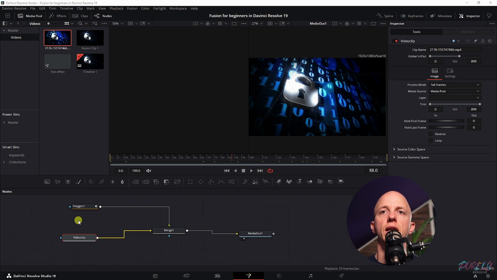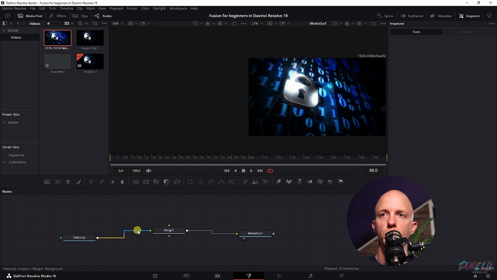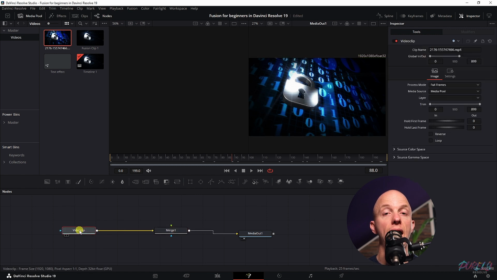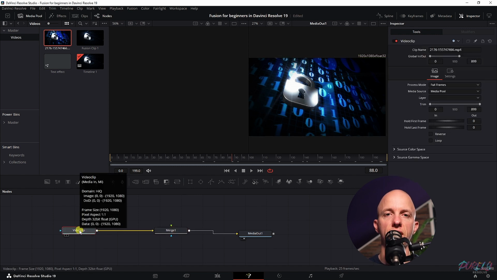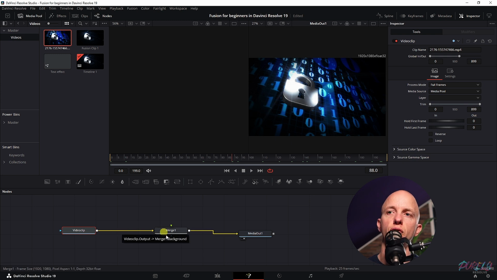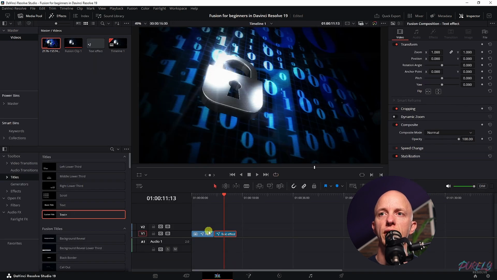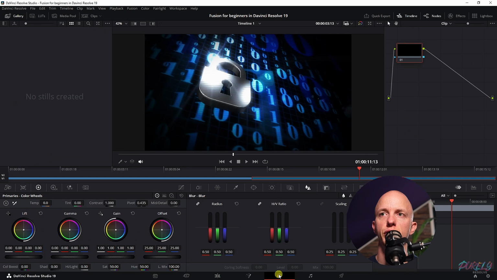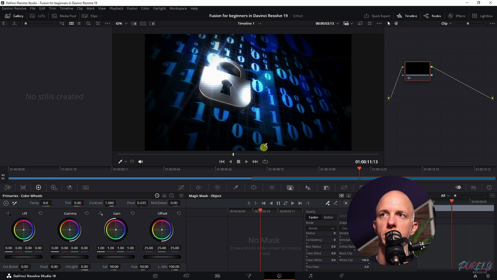Because let's say we've got our video clip. Let me remove the polygon. Let's say we want to add a magic mask, and this only goes if you have the studio version. But what most of you will probably do is you have the clip and then you go to the color tab. You have the clip up here and then you go up here, magic mask, have this selected, then select